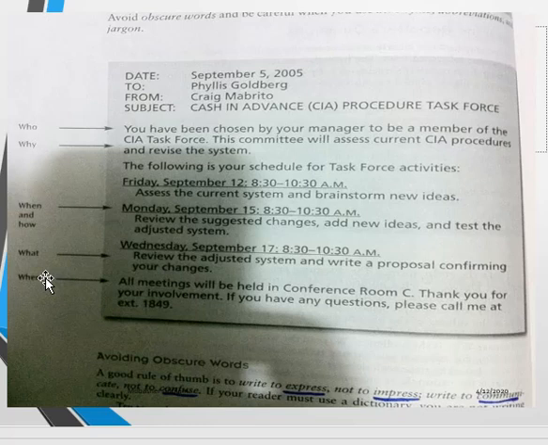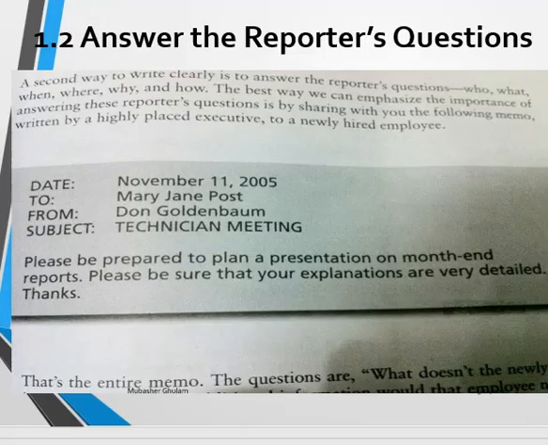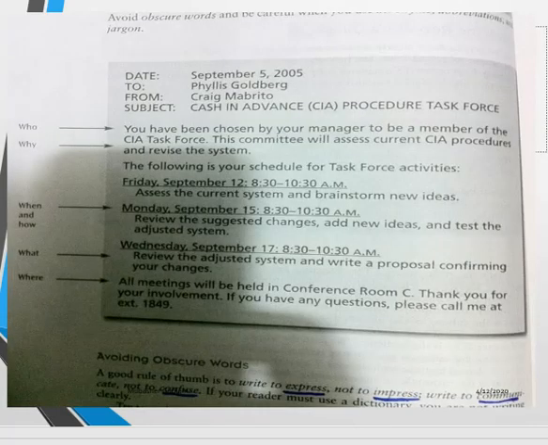So in this lecture, we have discussed two ways of finding clarity. One was providing specific detail and another was answering the reporter's question. The comparison of this one and this one quite clearly tells us how, by giving all the required information, we can make our message more effective. So in the next lecture we will discuss two more ways of achieving clarity. For now, I hope this is enough,